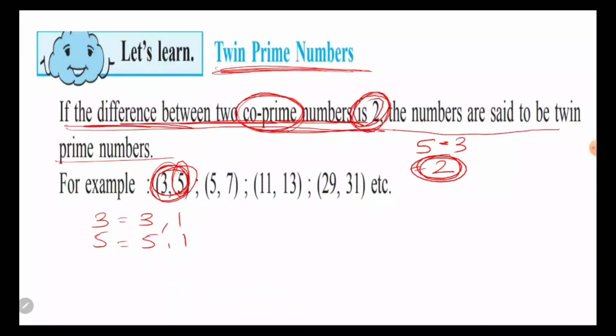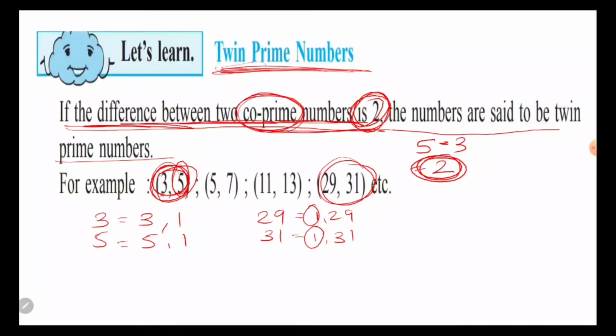Okay, here it is written कि अगर difference कितना है? 2 है, then those two numbers are known as what? Twin prime numbers. Again I'll test this one. 29 and 31 both are prime numbers. Okay, but 29 also comes in 29's table and 31 only comes in 31's table. Now we can see that only 1 is a number that is common, therefore they are co-prime numbers.